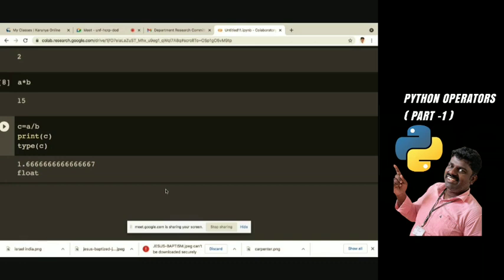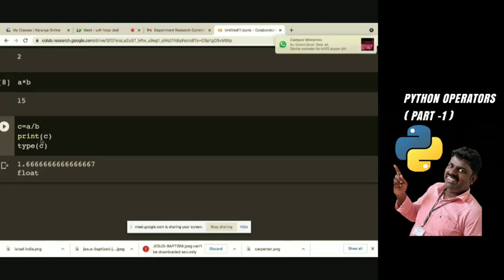The editor itself will understand and convert it into a float value.